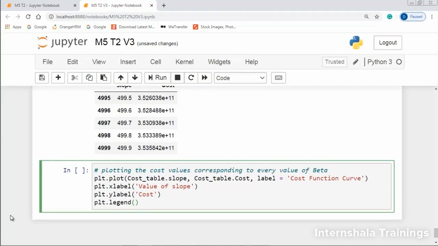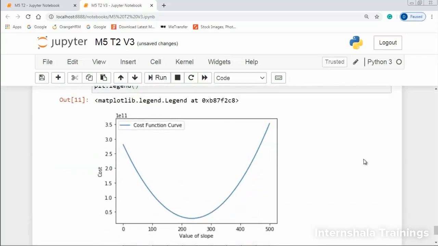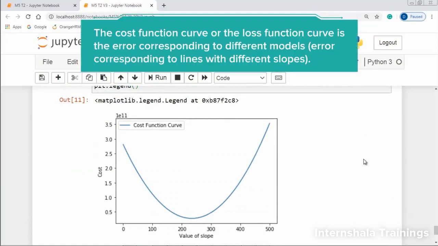Now the best way to understand errors corresponding to different lines with different slope is to visualize it using matplotlib. So let's do that. This plot we have got is called the cost function curve or the loss function curve,